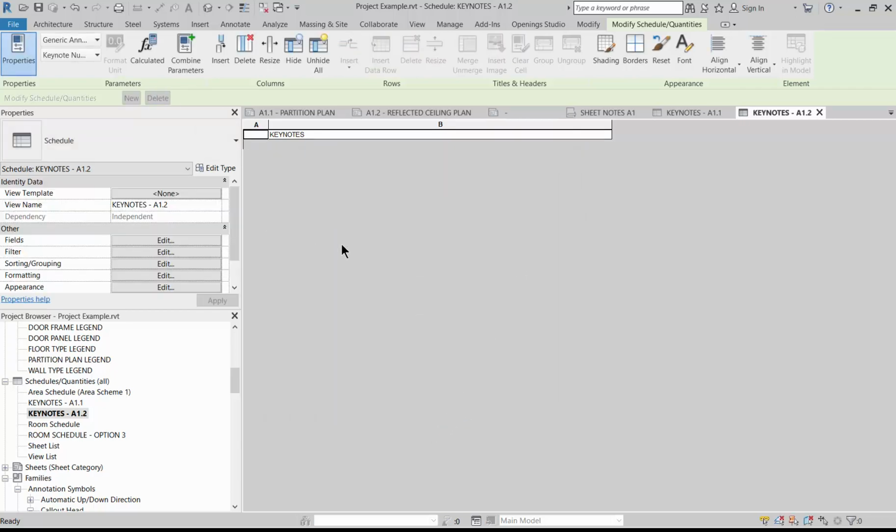All my keynotes disappear because I haven't done any keynotes on that sheet yet. And now when I place the keynotes with the 1.2 filter on my reflected ceiling plan, this is automatically going to populate. So I would suggest you create these note block schedules for all of your sheets and preset your keynotes,